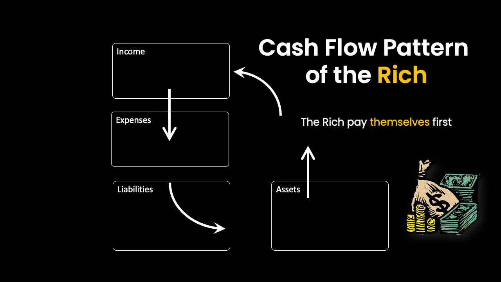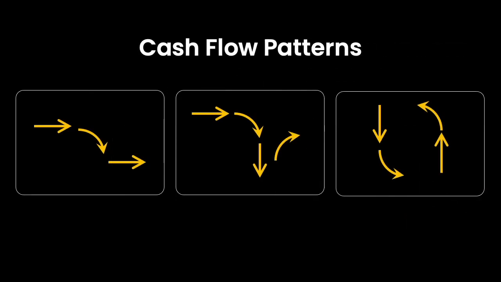So now that you know the different possible scenarios, you will know which one you want to get to. What you will not understand is really how to get there. Let me help you with that one. There are 3 rules that will allow you to develop the cash flow pattern of the rich. Let's go through that one by one.